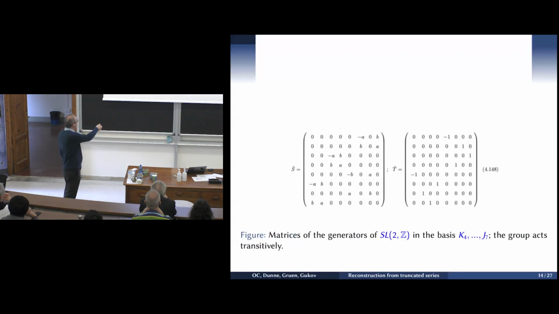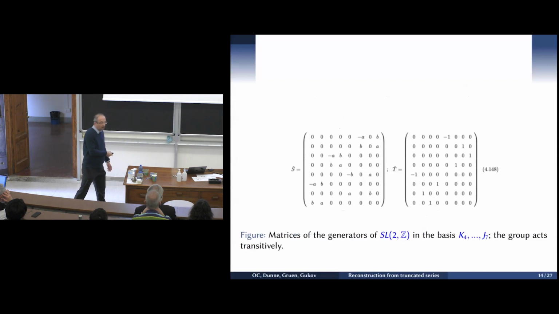And you get some matrices. These are the matrices in the usual notation, in which one is the shift corresponding to SL2Z and the other one is tau into minus 1 over tau. These are the matrices. If you take ST to the power 8, you look at the eigenvalues, you easily see